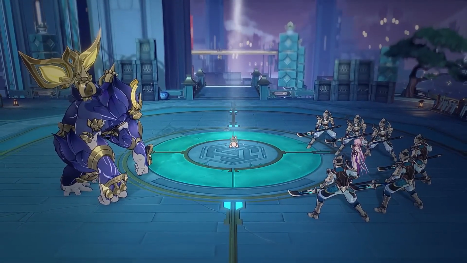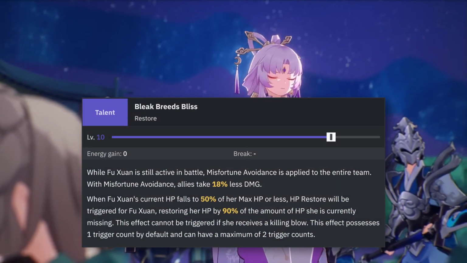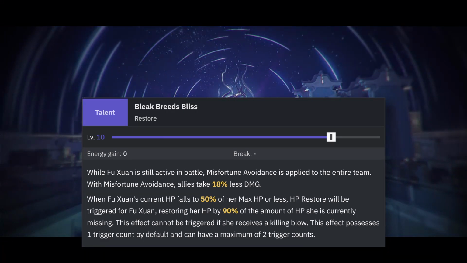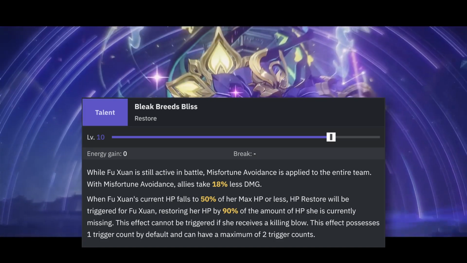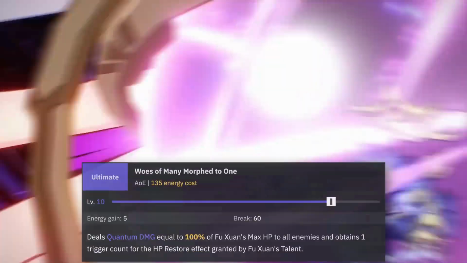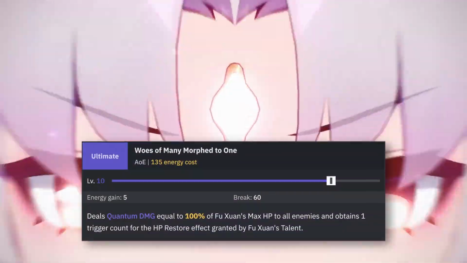Well, no, as once she drops under 50% HP, she will heal herself back up for a truly reverse Uno moment. And she can do this indefinitely, as every time she uses her ultimate, she will get another stack of this self-healing, up to 2 at a time. If that wasn't enough, her ultimate will also heal your team when used, is a decent AoE breaking tool, and